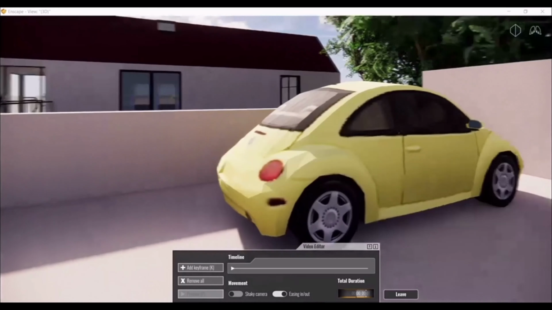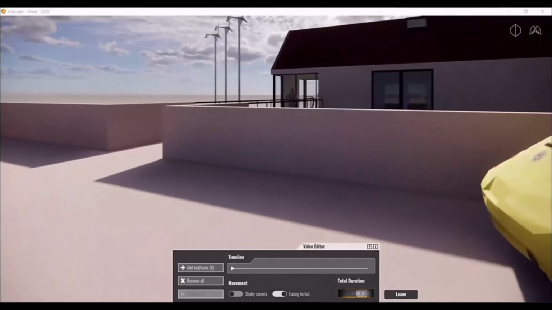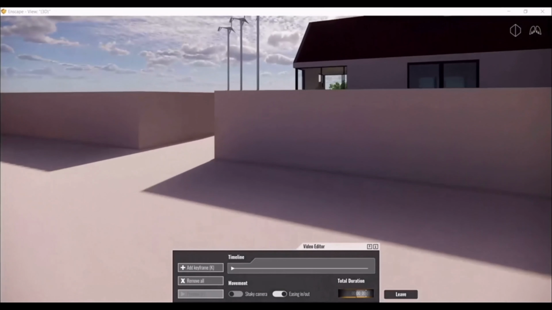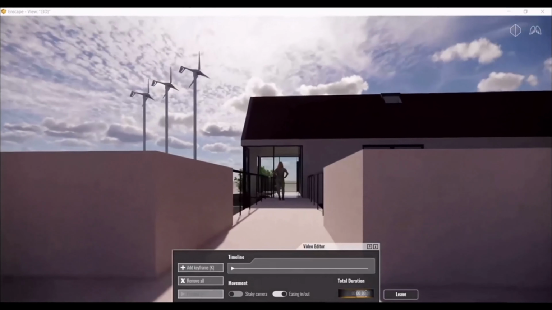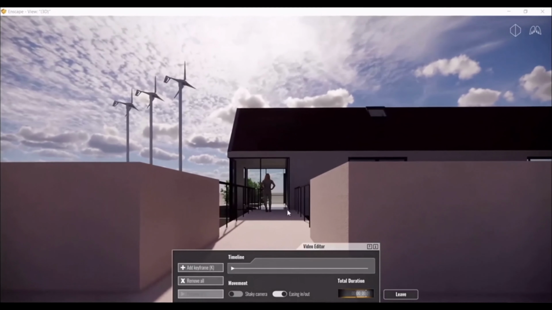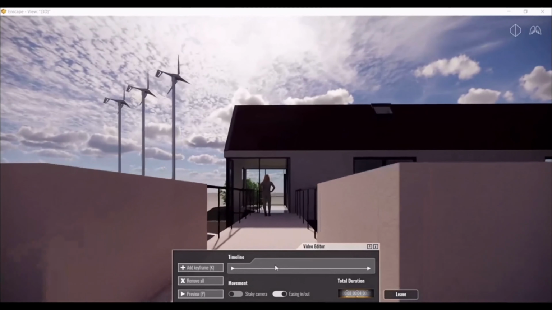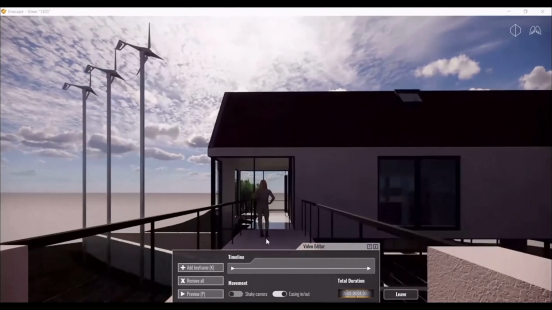Then move your camera and walk around to where you want to place another position. There you place another keyframe, press K, you move around, and you press K again here.